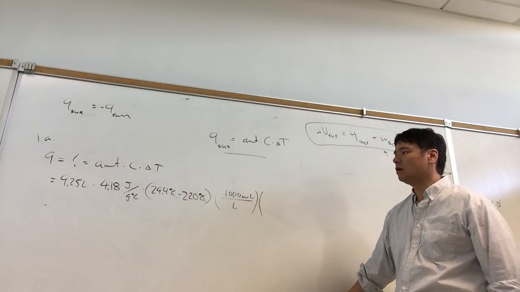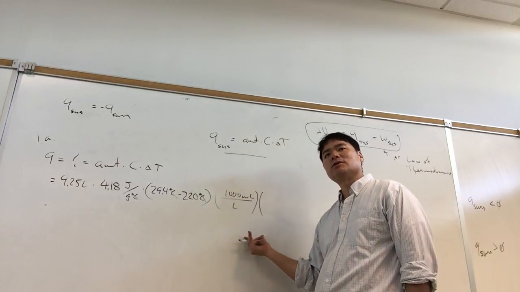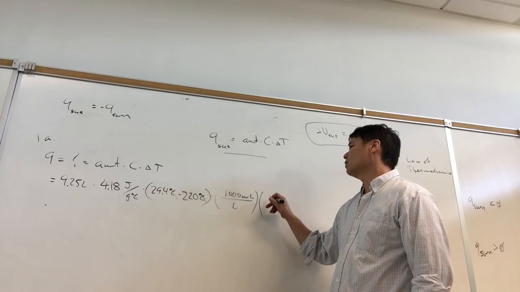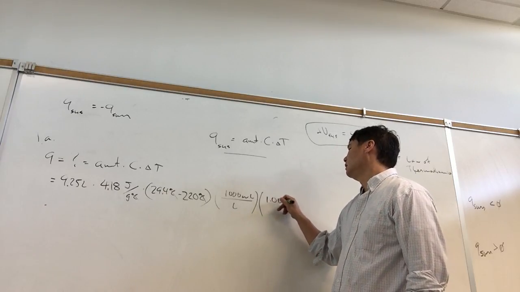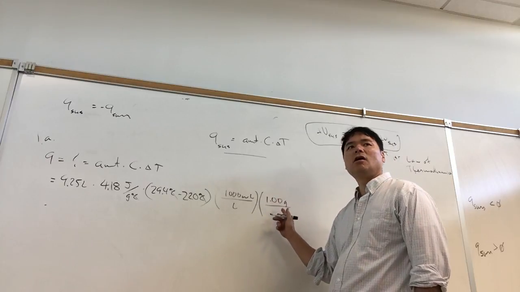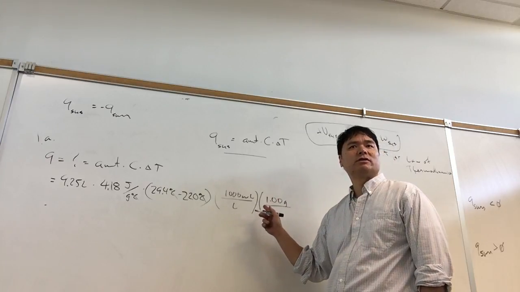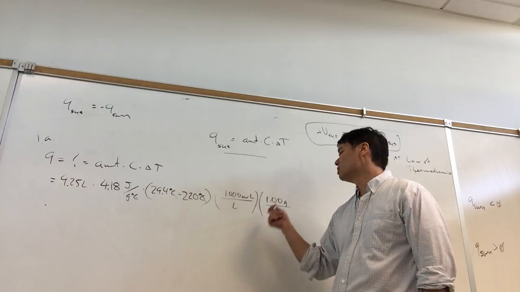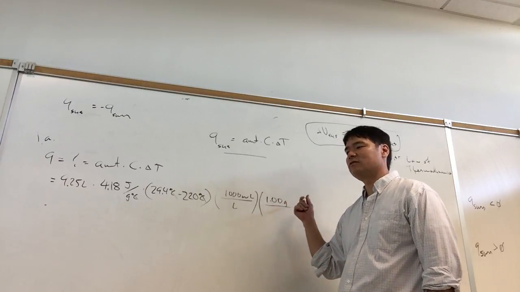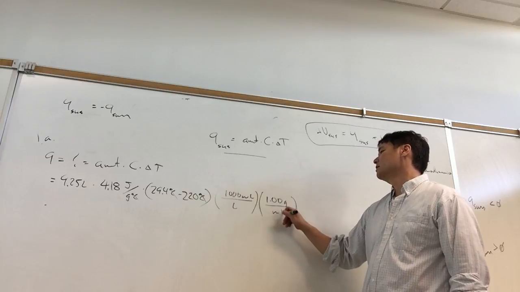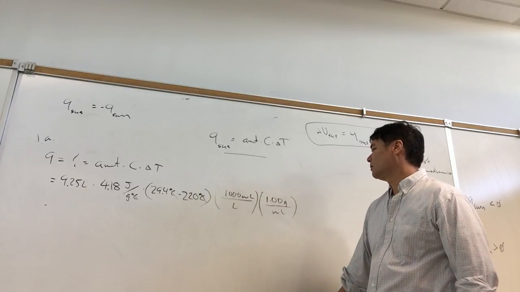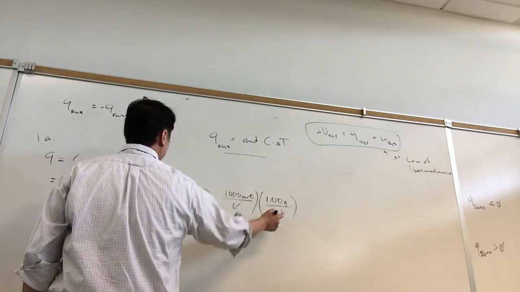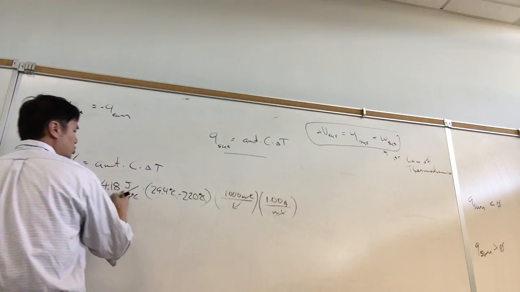What's the density of water over a wide range of temperatures to 3 sig figs? If you want it to 4 sig figs, forget it. But to 3 sig figs, all of them round off to 1.00 through the entire temperature range. And so we're safe to 3 sig figs. To 4 sig figs we aren't. But it's going to be 1.00 grams per milliliter. And so liters cancel, milliliters cancel, grams cancel, and that leaves us with joules.